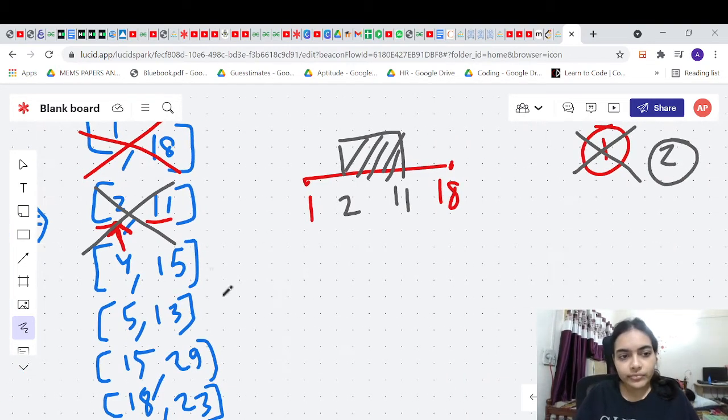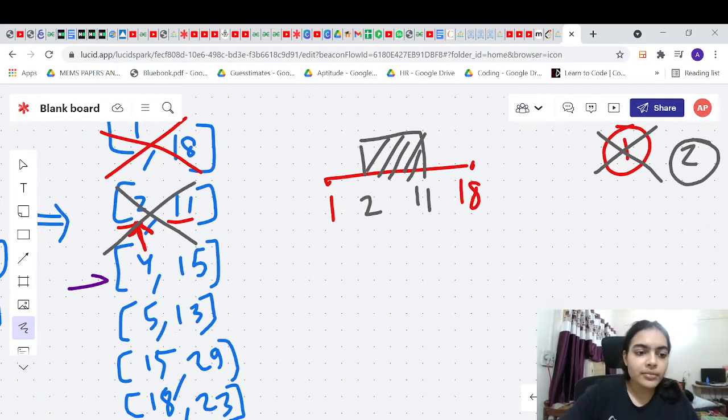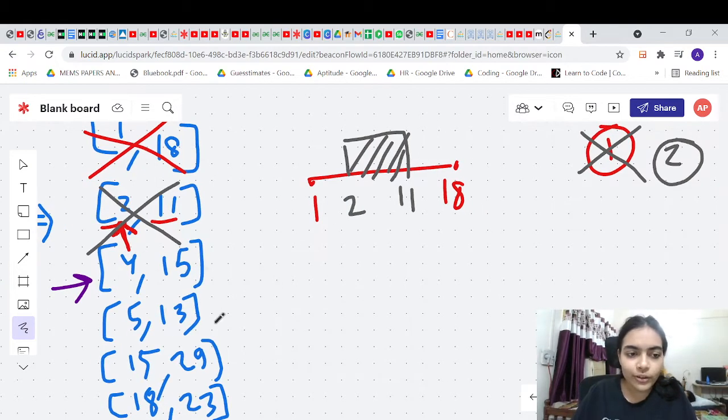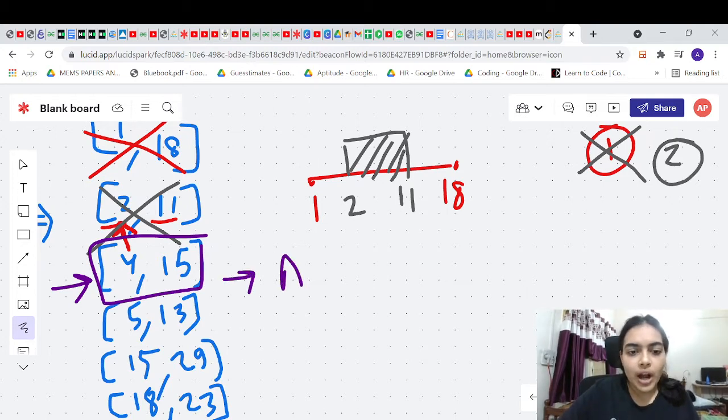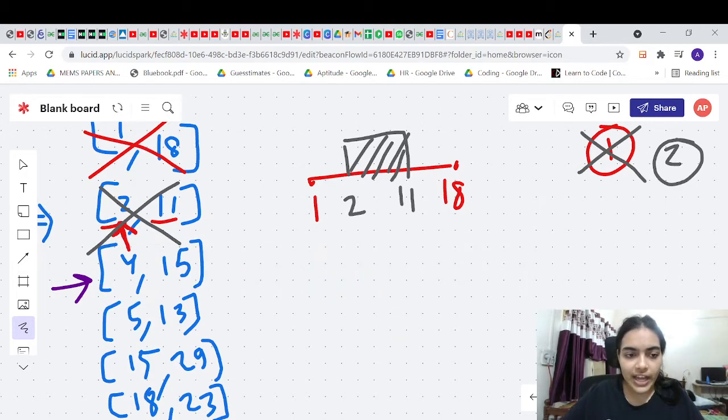So let's try to go further and try to build the logic. Now comes meeting number 3, starting at 4, ending at 15. Is there any way you can accommodate this meeting within any of the rooms? There are two options. Either you accommodate it in any of the rooms or you take a new room. Every time you just have two choices. Either you add a meeting room or you accommodate this meeting in the previous rooms. Now let's see for this meeting, is there any way to accommodate it in any of the rooms? If there is a way, then two rooms are sufficient. If there is not a way, then we need three rooms. Let's see if there is a way.